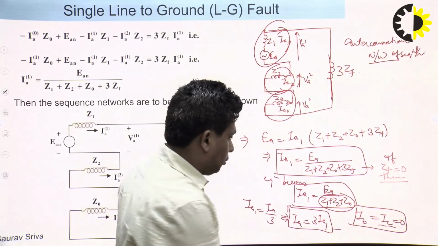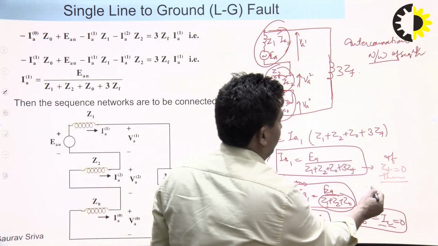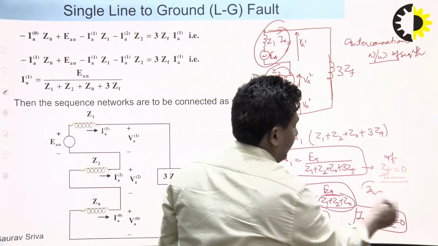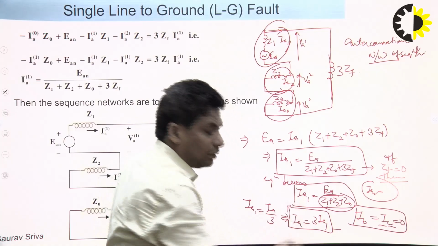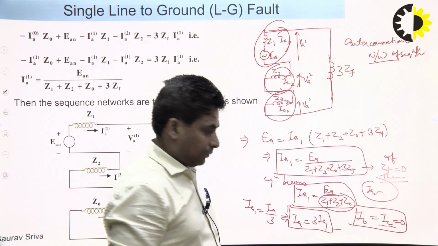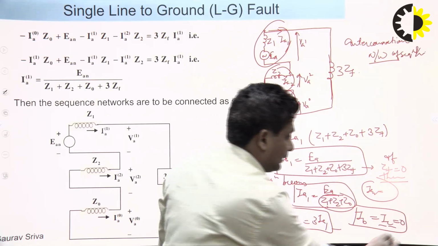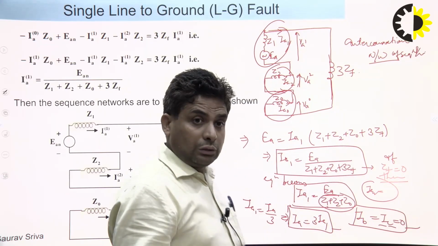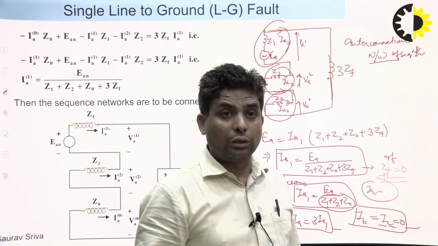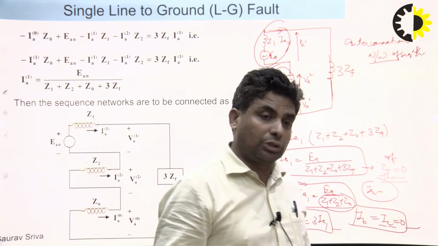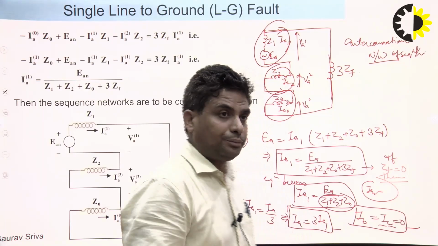Okay. So again, in the numerical, don't just find IA1, because that is not the complete fault current. The fault current is exactly IA equal to 3 times IA1, and IB and IC are equal to 0. That is the final answer. Similarly, when we consider the LL or double LG fault, again we have to calculate the sequence component networks and then find their phase values as well.